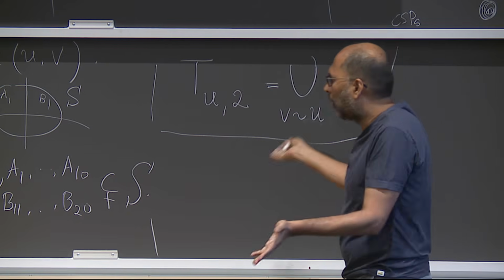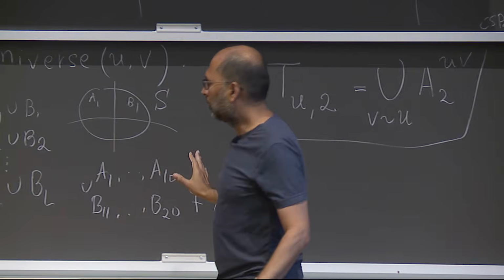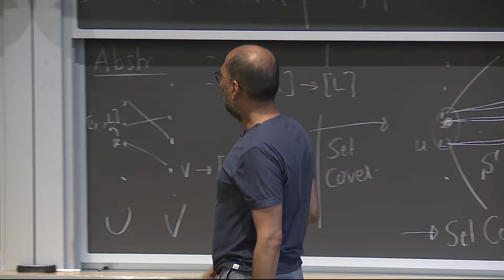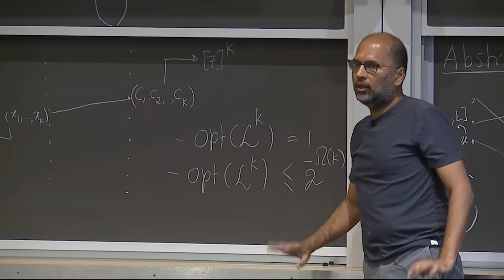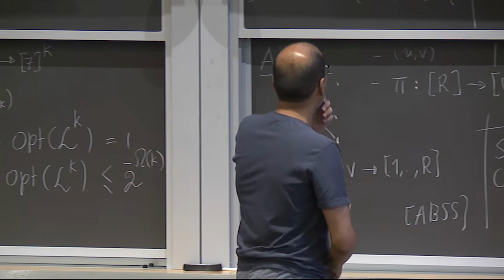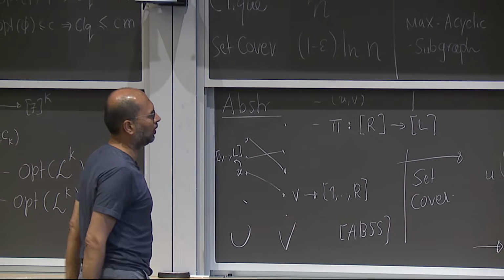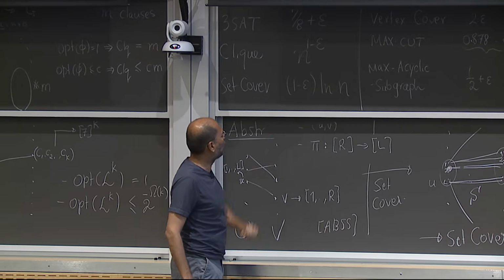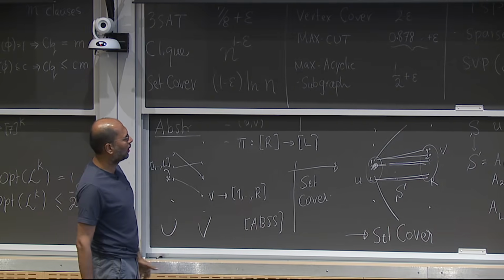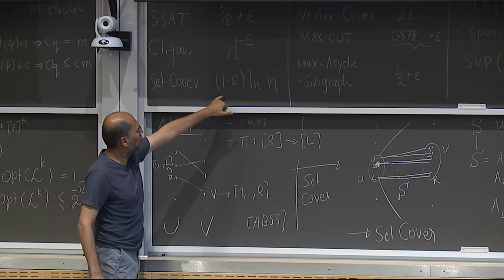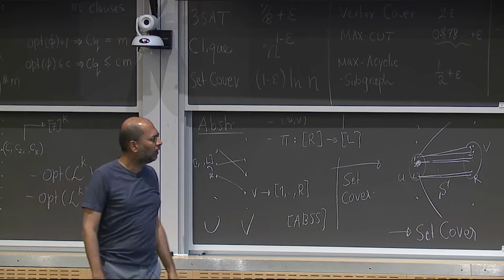And then that's it. In fact, I already wrote down the entire reduction. And it would be a 10-minute homework problem just to show that this reduction actually works. You know, it's complete, it's sound, provided you are willing to assume that the label cover instance is hard, which it is. Okay? And then that's it. This already gives you log n hardness for set cover. You can do something more sophisticated and in fact get (1 minus epsilon) ln n. This reduction is what is called the Lund-Yannakakis reduction, and the more sophisticated version is due to Feige. Okay, so that takes care of set cover.